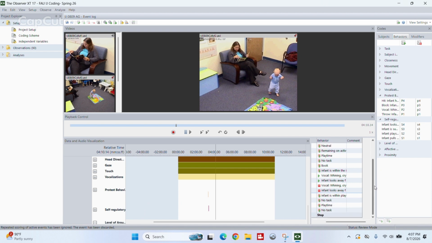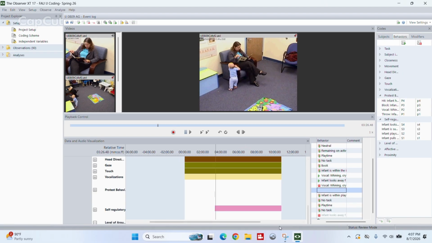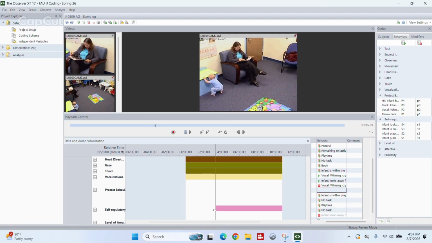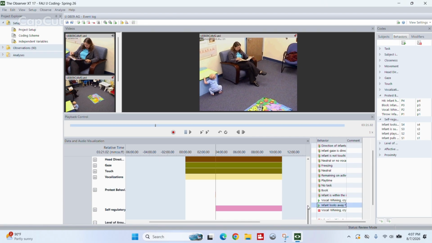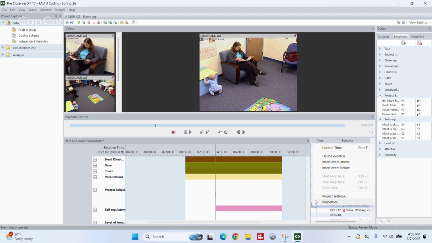If there was an error, you would see one of these in red. So what I do sometimes is I'll just do Control Z, and it'll undo the last thing that I did. So now I can see here I already had S4 on. I already had it started. And I can fix that by finding it in the timestamps here. I can see it right here. Infant looks away. So to fix this, I can either scroll over, right click this box, and delete the event,